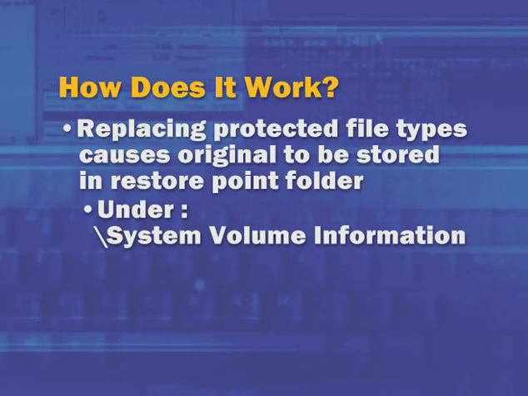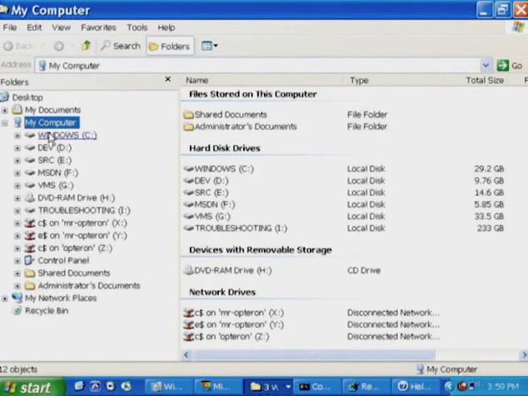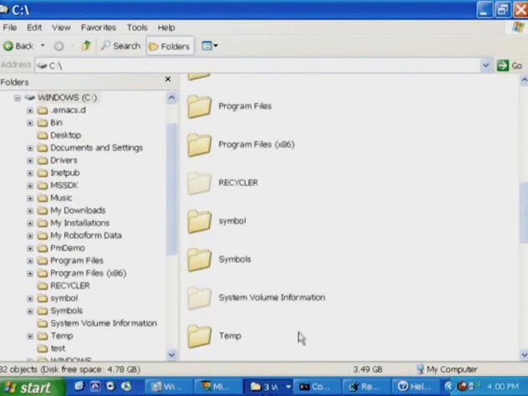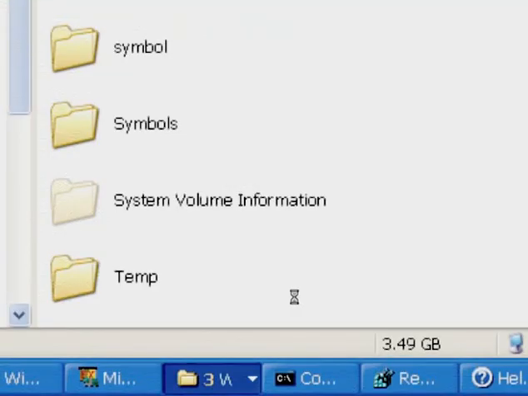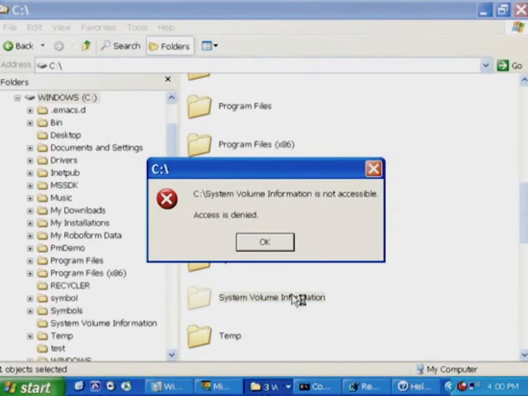And this is a folder a couple levels deep underneath a hidden system folder called System Volume Information. If you bring up Windows Explorer and look in the root of the C drive, there is a folder called System Volume Information. Interestingly enough, Explorer says the folder is empty, because if I try to click on it, I get access denied. This is a folder that administrators don't even have access to, Mark. So it's something that is meant just for the operating system to access.